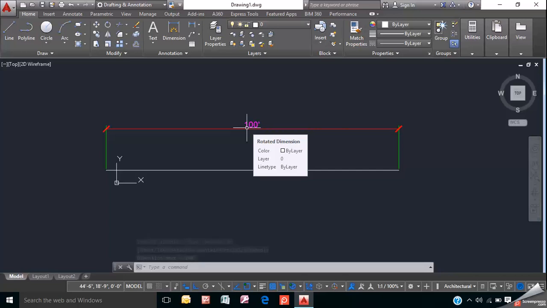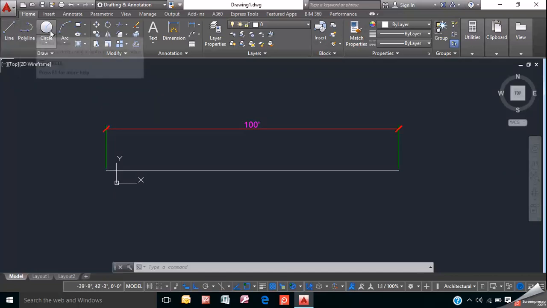In the next video we will learn from the starting. We will start from the line command. After that we will go to polyline, circle, step by step. So if you want to learn all of it, just watch my videos and please continue